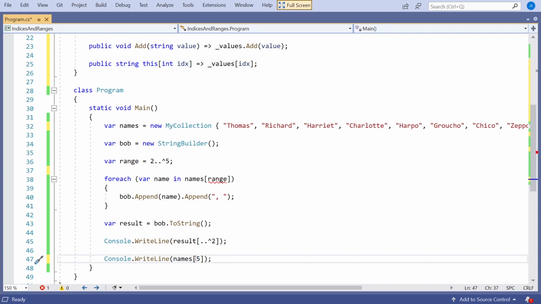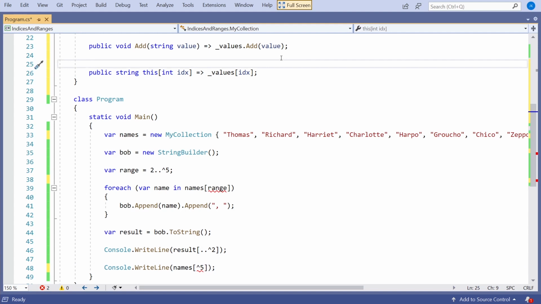But if you think about hat5, apart from any syntax rules, there is simply not enough information to know what hat5 means, because to work out what index hat5 is, we need to have the length for it to subtract off. So the other thing we need to do is give it a public property called count.